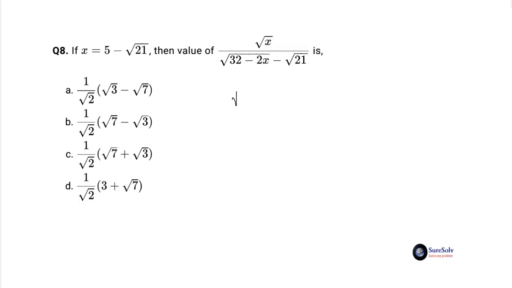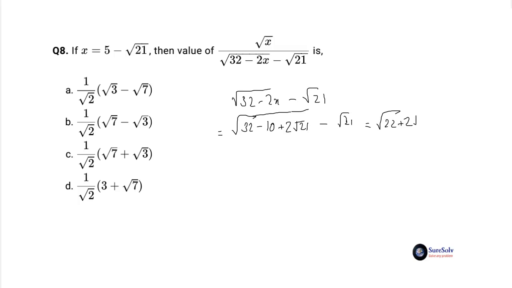The denominator is root over 32 minus 2x minus root over 21. This is equal to root over 32 minus, this time you substitute the value of x to get minus 10 plus 2 root 21, minus root over 21. 32 minus 10 is 22. So you get root over 22 plus 2 root 21